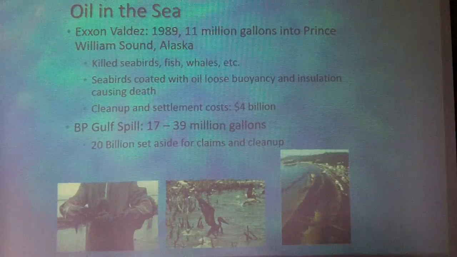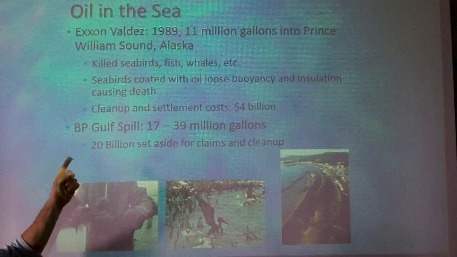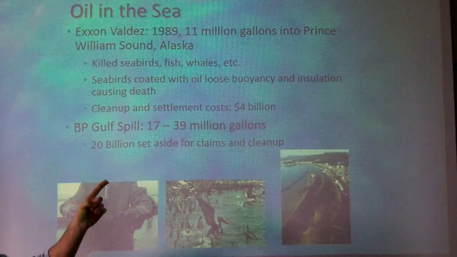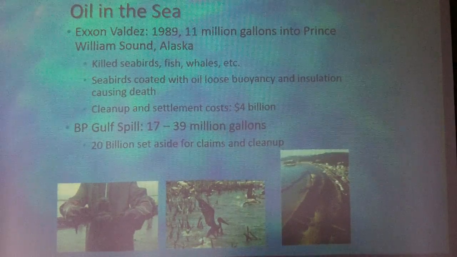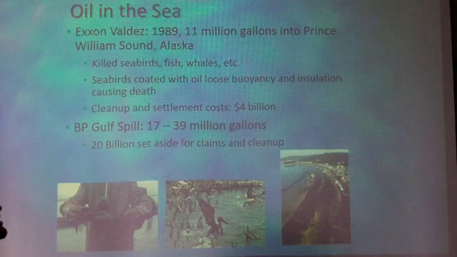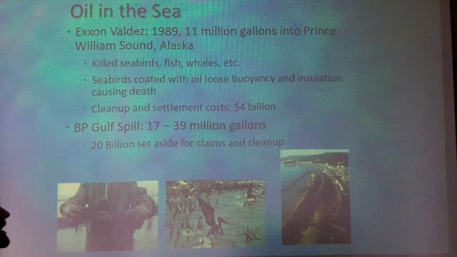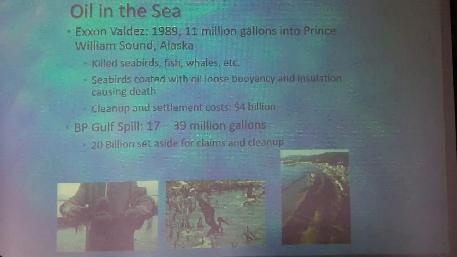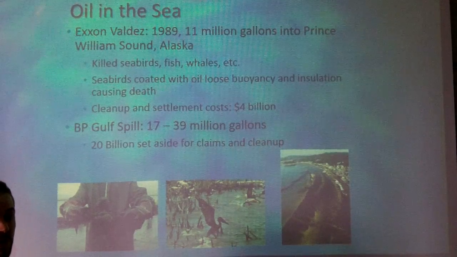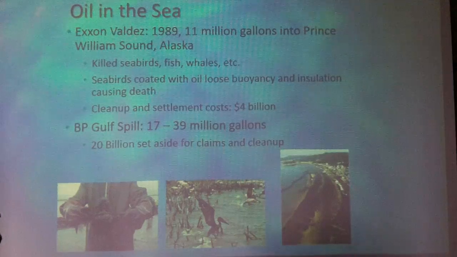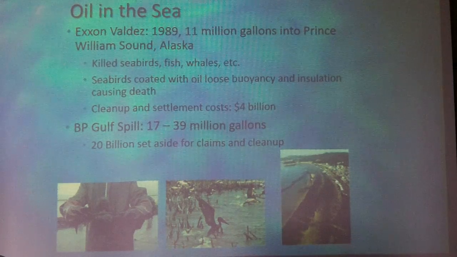Knowing that, the rules of the game changed, and then when the BP Gulf spill took place with a lot more oil going into the ocean, the government was ready, and they were able to recoup $20 billion up front from them for claims and for cleanup costs. All right, with another civil lawsuit getting ready, it's pending right now, and it's getting ready to go to trial. So, you know, that's crazy. You know what I mean? Good stuff.